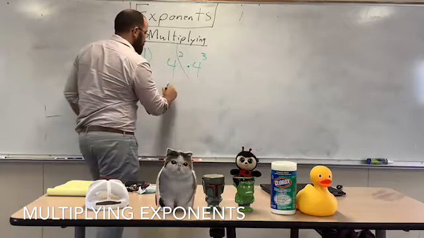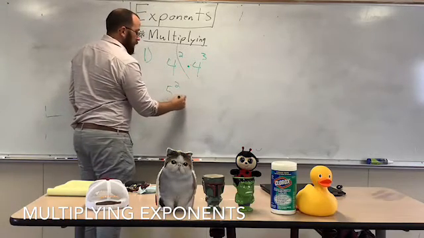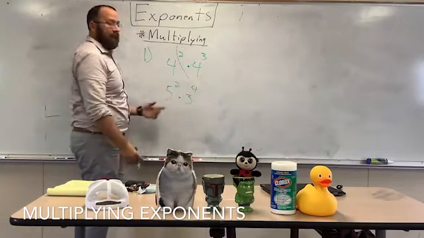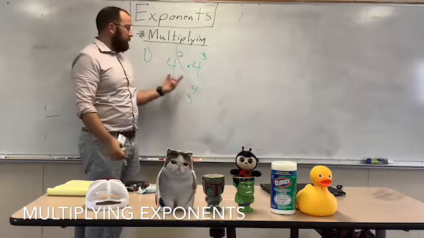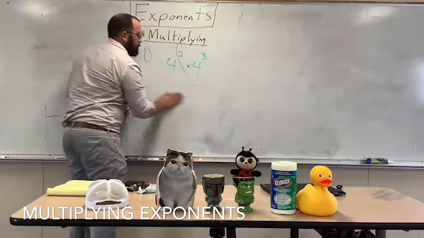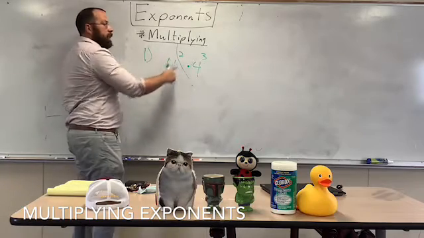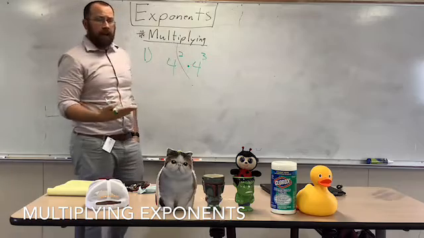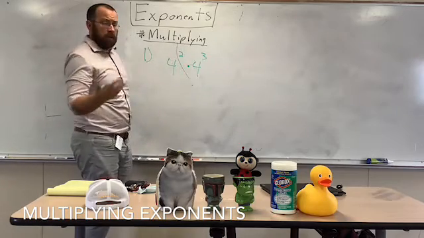So if this was 5 squared times 3 to the 4th, I can't do that because my bases are different. The bases have to be the same in order to do what I'm about to show you. Alright? So 4 raised to the power of 2 and 4 raised to the power of 3. So when I'm multiplying numbers with exponents or variables with exponents,